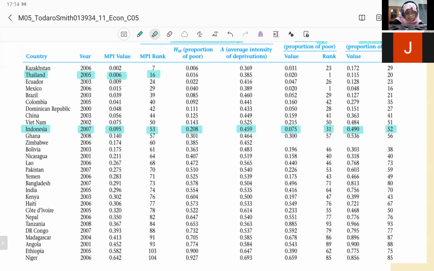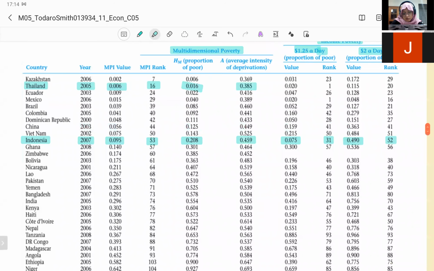And the proportion of the poor, they are also smaller. And the average intensity of deprivation is smaller than us, and the proportion of poor according to $1.25 a day is much smaller than us. In fact, they go to the first rank here, and the $2 a day is also smaller than us. Okay, let's compare with other